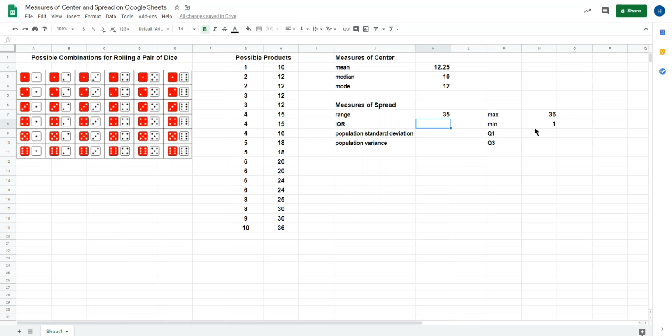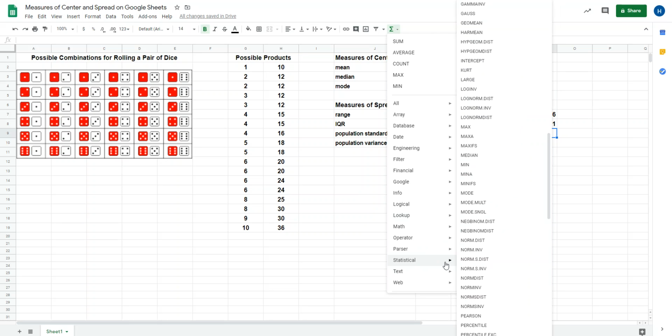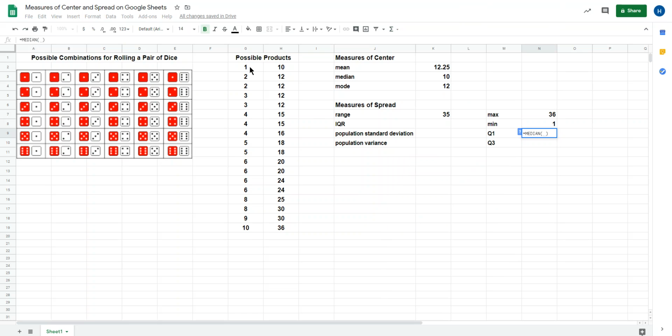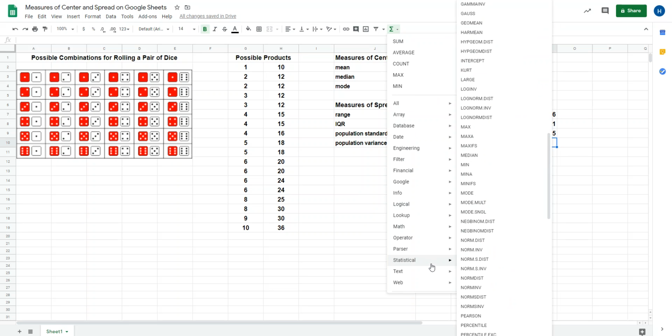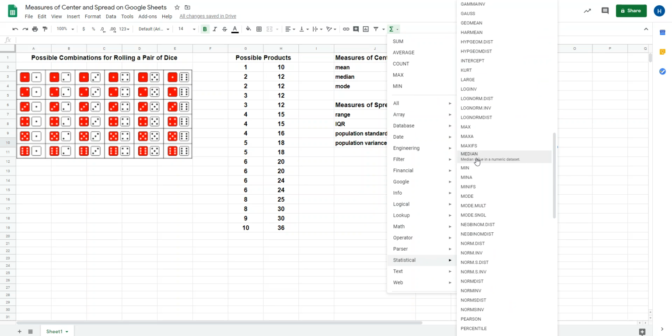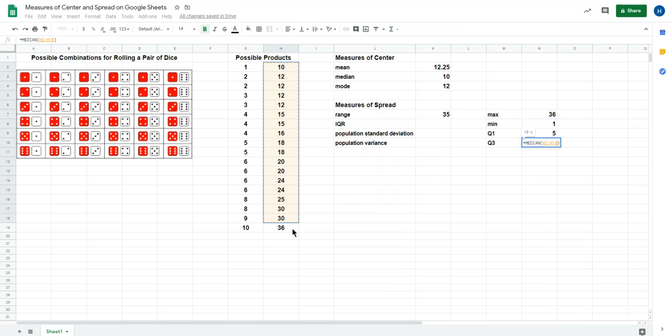The IQR is our Q3 minus our Q1, and if you've already watched all the content videos, you'll know that the Q1 is the median of the lower half. So if I were to go in here and pick median, and then select my lower half, now my Q1, and my Q3 is the upper quartile, the median of the upper half of the data. So I can go into median, pick my upper half, and hit enter. So to find the IQR, I just say Q3 minus Q1, IQR is